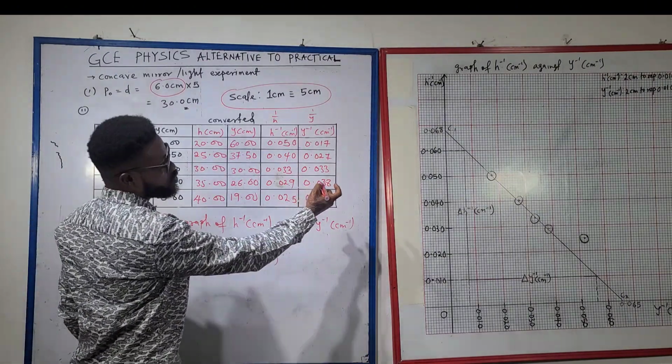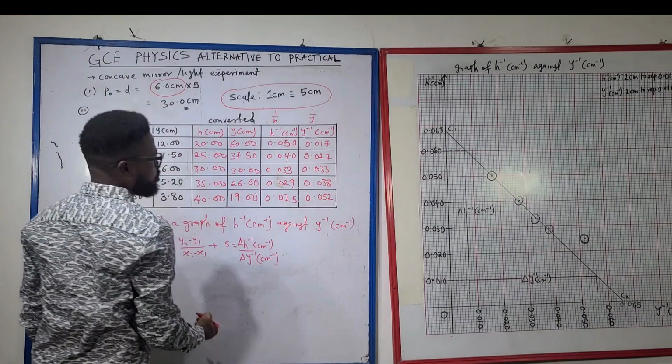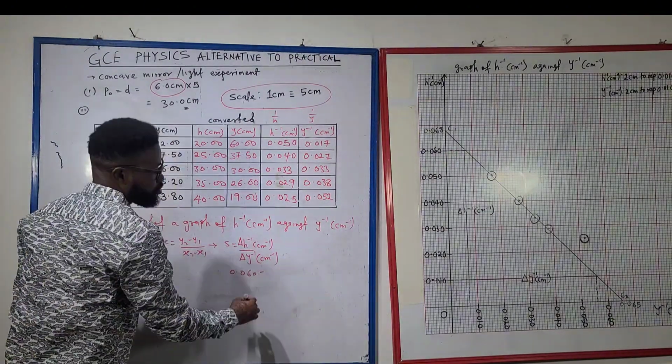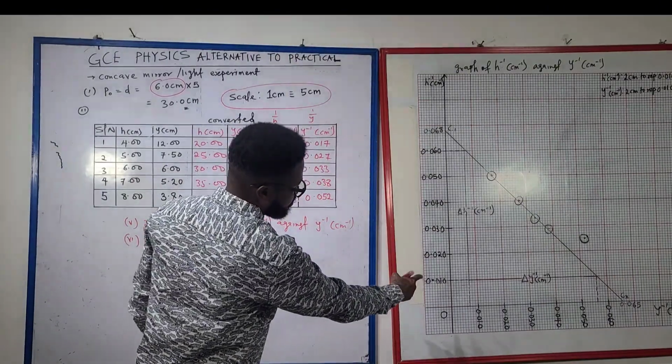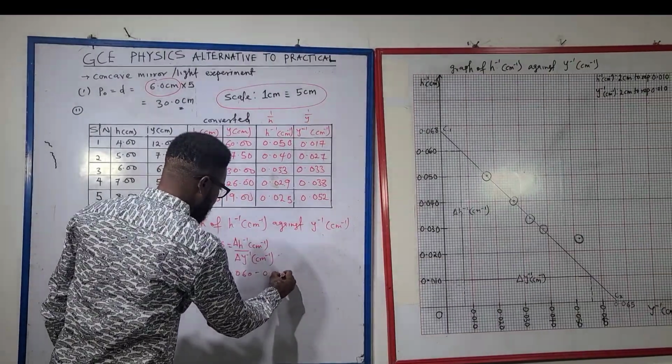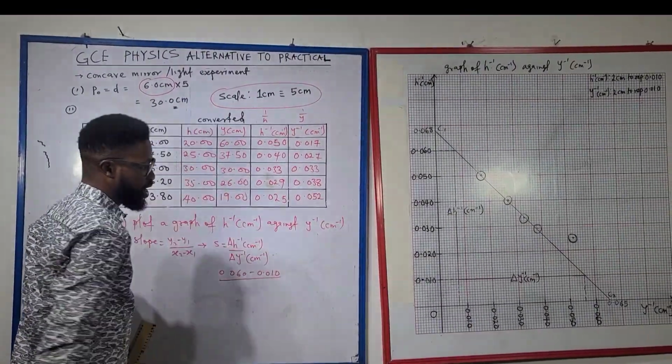So the change here is going to mean 0.060 take out 0.010, all divided by,